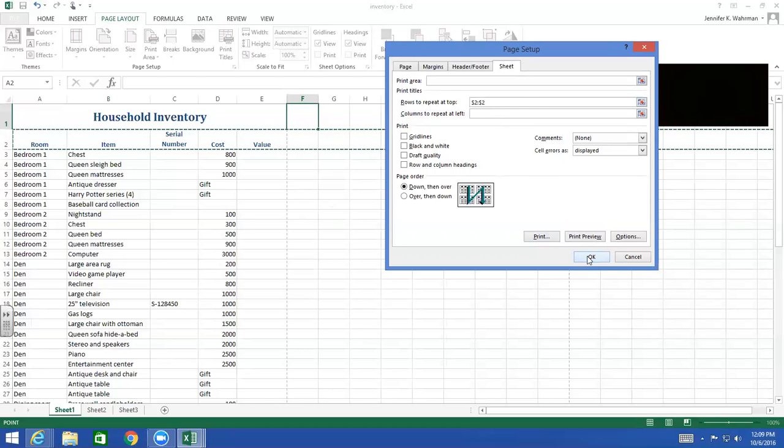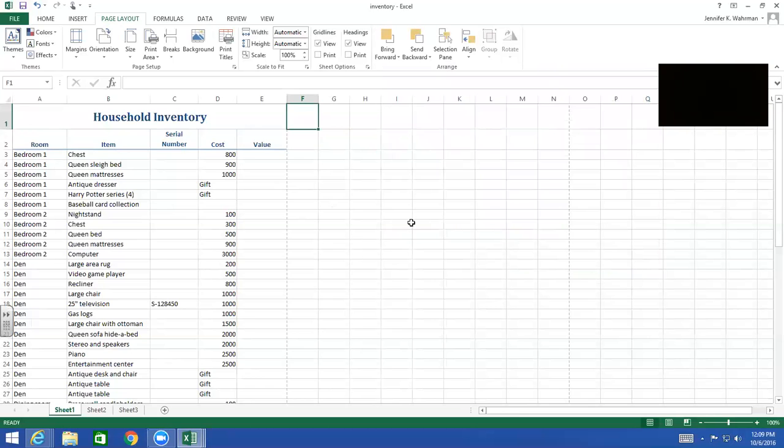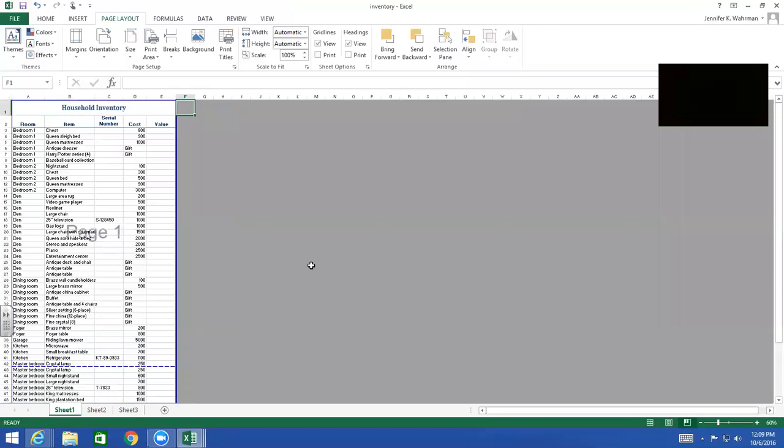Now click OK, because we're going to change our page break and we're going to take a look at how that just worked. We should have looked at it previously so you could see, but we'll get it. We're going to go to page break preview. So in the lower right hand corner we have those 3 views. We're going to choose the last view that says page break,